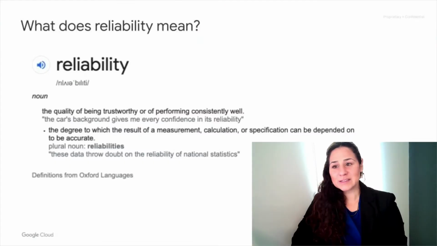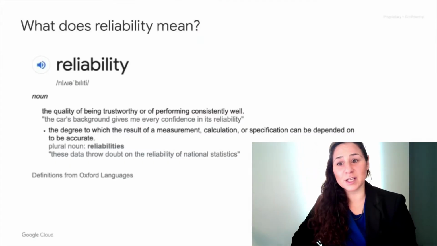Put yourself in the user's shoes for a second. Let's say you are using an application with great features, but you can't trust it to work. Will you continue using it? Would you care if an application has an amazing UI and features if it just doesn't work? People sometimes replace reliability with availability.